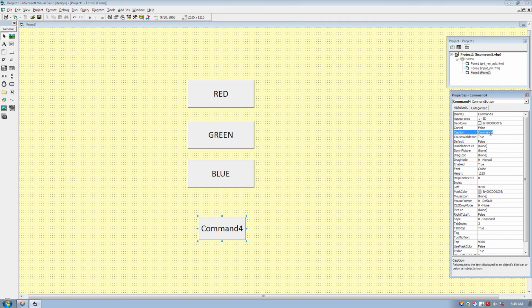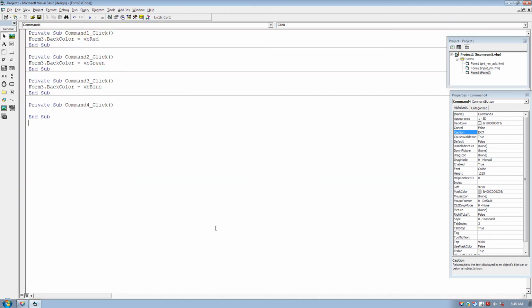and its caption will be exit. The caption of this command button will be exit. It will come in all, each and every form. And here I shall write only one statement, and nothing else.